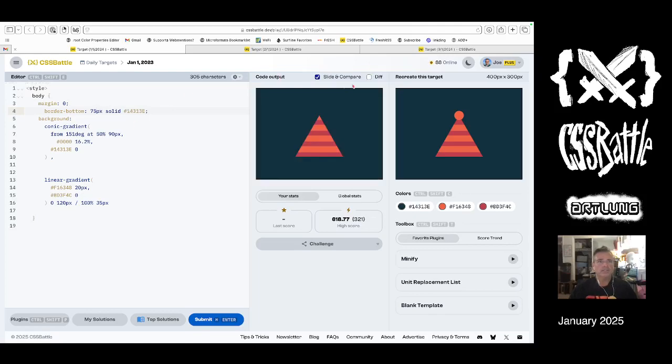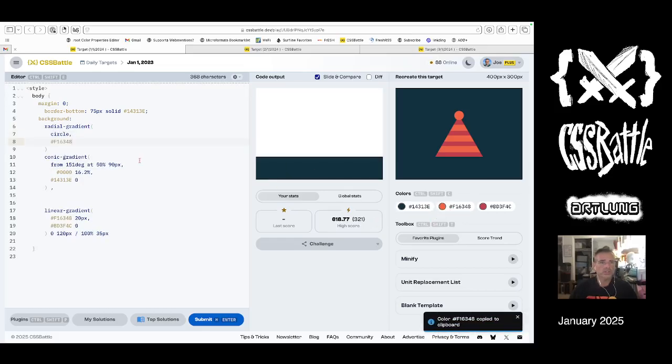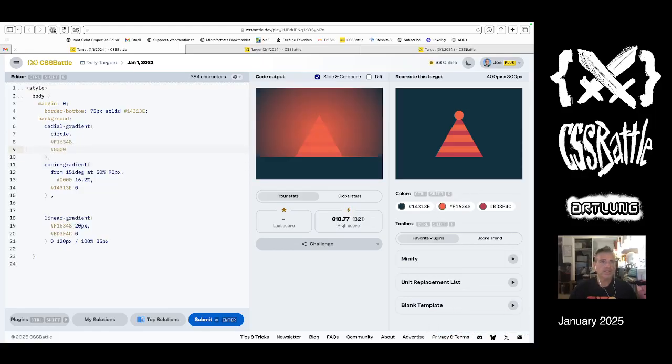All right. So we got a border on the bottom, this conic gradient, and then now we need a radial gradient to put the little puffy thing on the top. Radial gradient, and it's a circle, and it is orange, and then transparent. Don't forget your comma, and that's what that looks like. It looks like it's sort of glowing, huh? That's fun. Let's give it a value, 10 pixels, and then another color stop there,